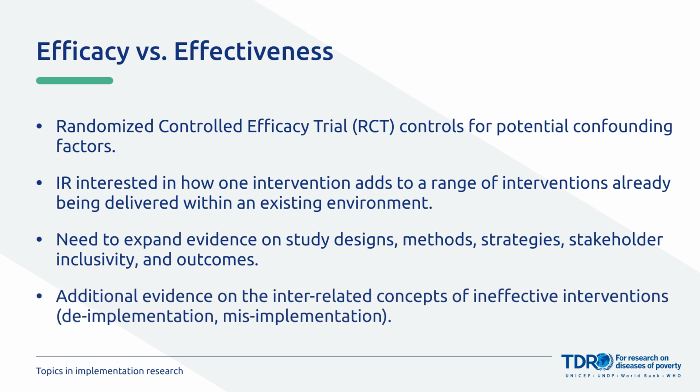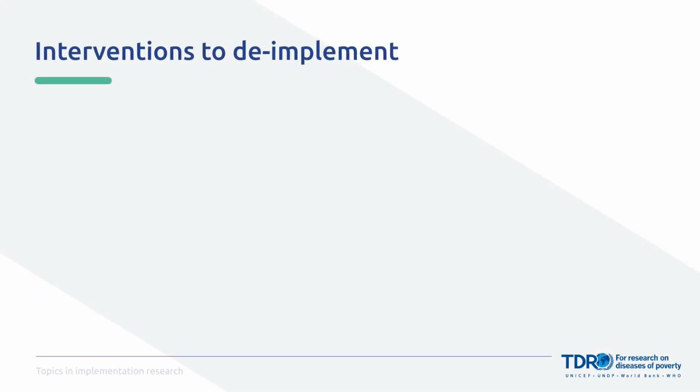In Section 2, we talked about different kinds of evidence and the limits of efficacy evidence. We also talked about the type of evidence that guides implementation science and how effectiveness evidence can help in low- and middle-income country situations. In Section 3, our last section in this chapter, we are going to focus on identifying interventions for de-implementation. In order to be equipped to conduct implementation correctly, evidence is needed about null interventions, de-implementation, and